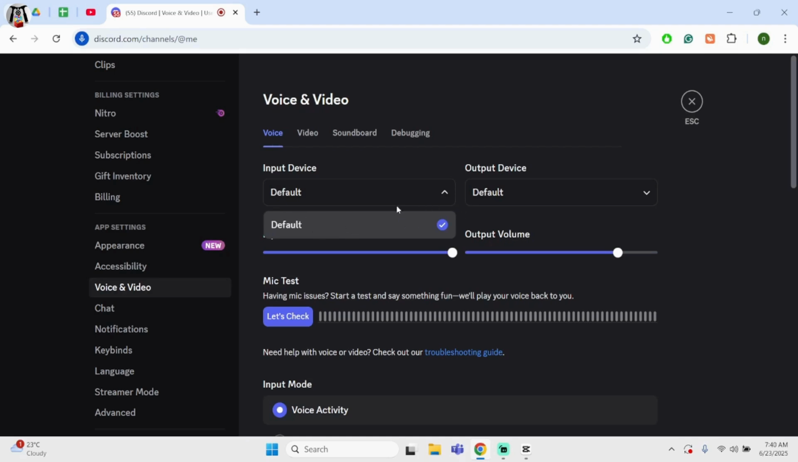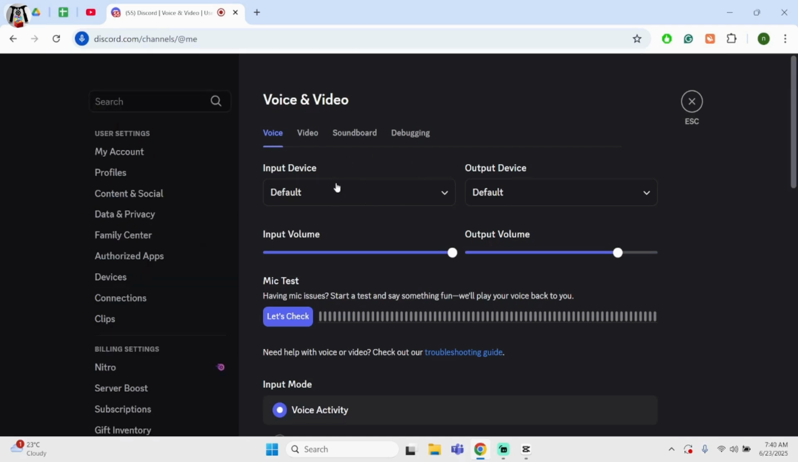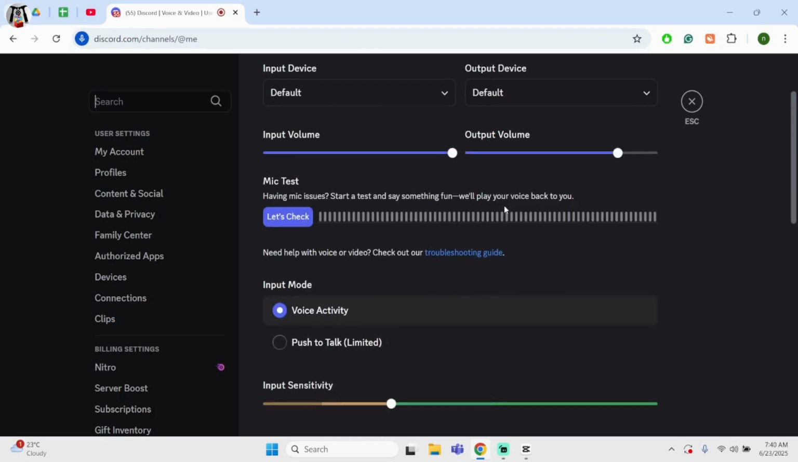In my case, I'm using the default ones, but in your case, if you are using any external sound device or headphones, you may go ahead, unplug it, and then plug it back in again. Once done, also make sure the output device is set to your specific speaker or sound device, and the volume is